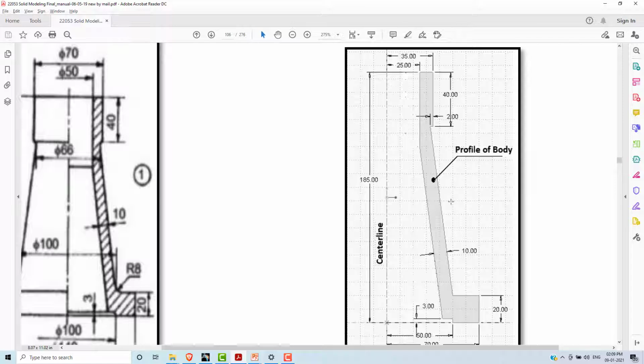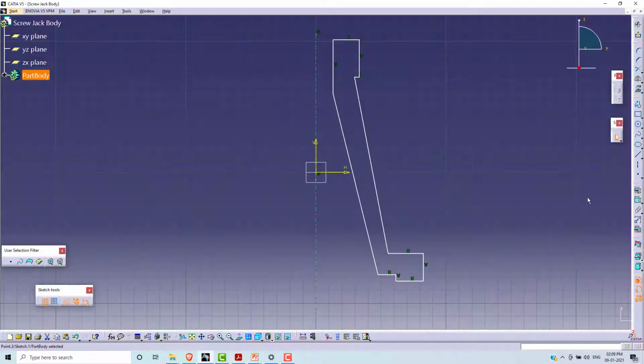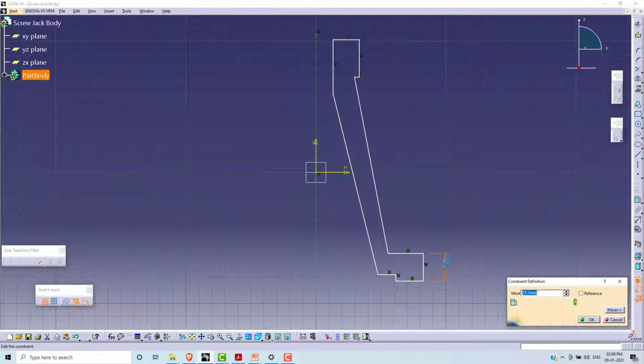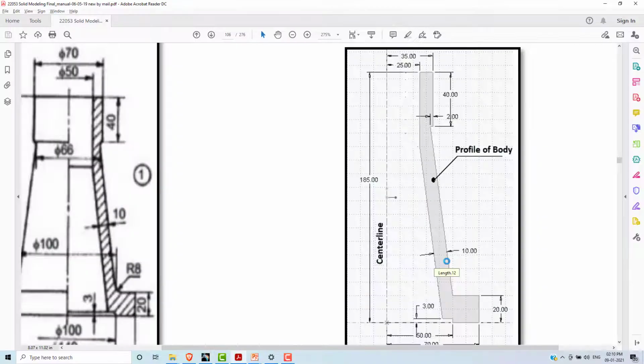After this, we are going to give the dimensions, that is, constraints. Select the constraint. This is 20. This height is 20. This is 20.